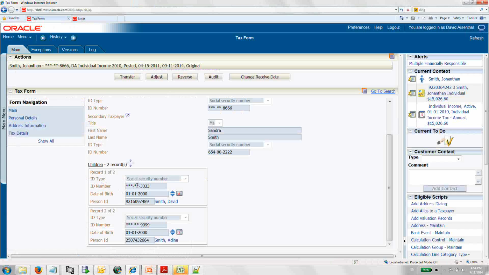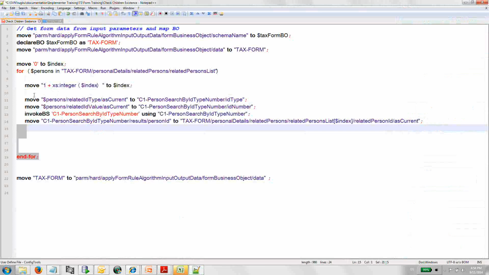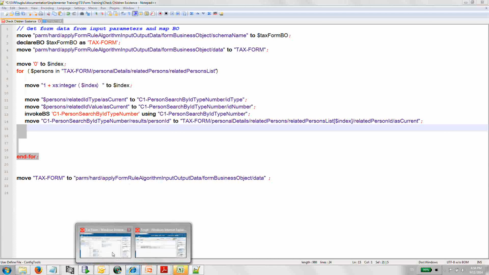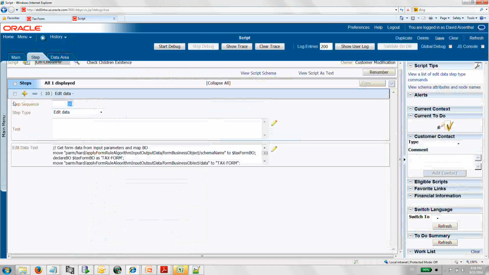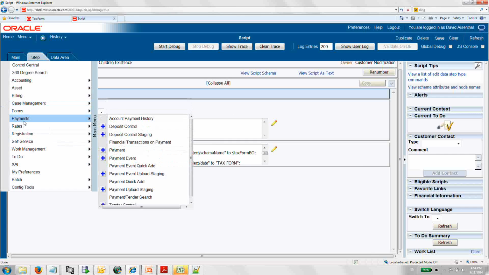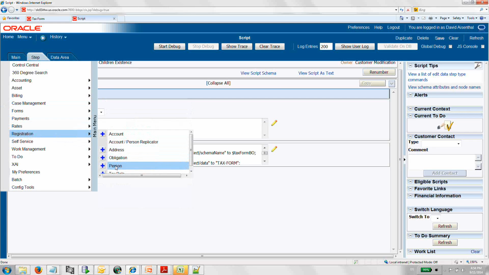In other words, the ID type and the ID number, retrieving those two pieces of information, the ID type and ID value, and invoking a business service. There's a business service called person search by ID type, which is the equivalent of doing a search if I go directly to registration and go to person over here,